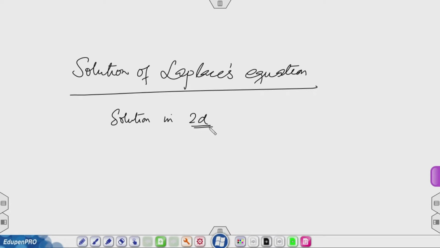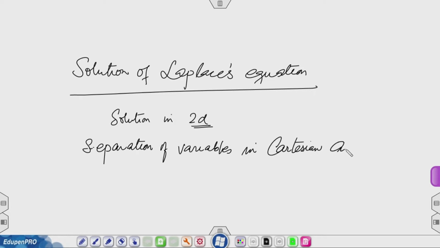And we found how to use separation of variables in Cartesian and polar coordinates. In this lecture, I want to go to spherical coordinates, and to keep the problem 2-dimensional, we will consider azimuthal